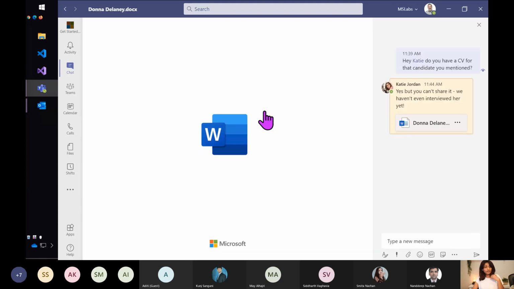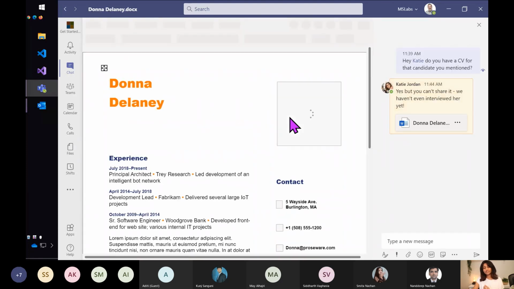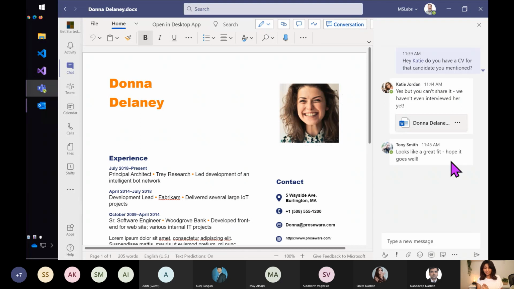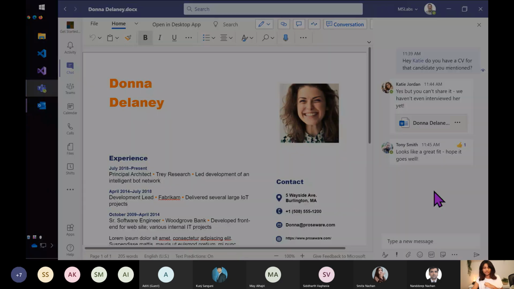Document again, document open in Teams. They're all collaborating in this document. They're happy with it. Tony's reading the document as well. He likes it, and the entire day's work is going good. Now, what we learned from this